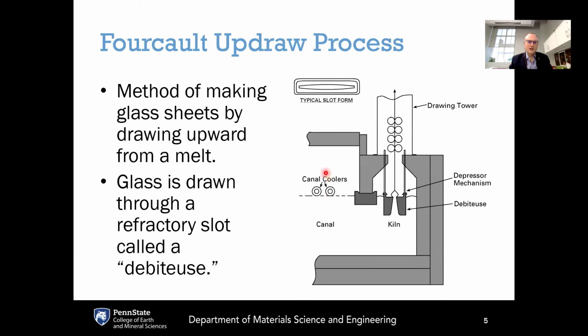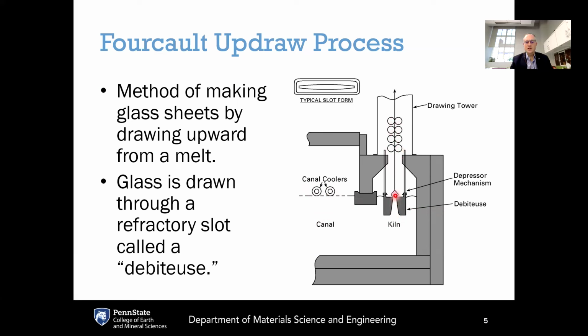Another process that has been used in the past is the Fourcoult updraw process. Instead of rolling out the glass horizontally, what the updraw process does is that you've got a glass melter here at the bottom, and then there is kind of a mold here called a debuteuse, and the molten glass is pulled upward out of the debuteuse into a sheet. And then there are rollers on either side of the sheet that help to pull it up such that the interior part of the glass doesn't touch the rollers,